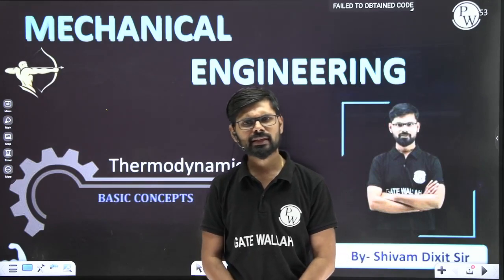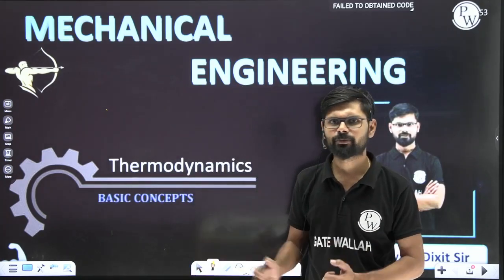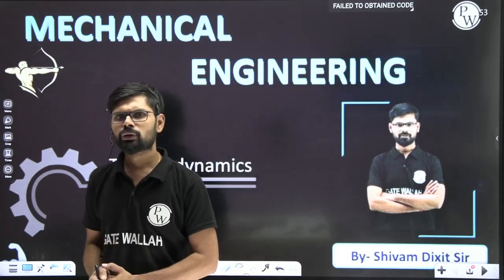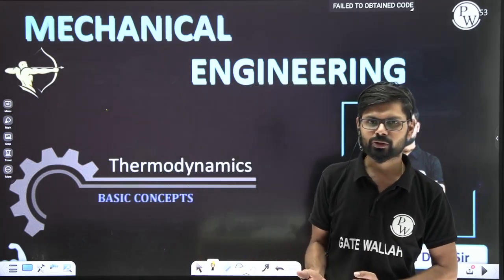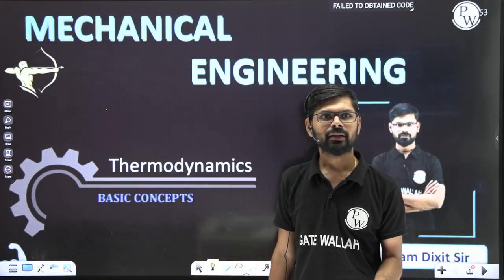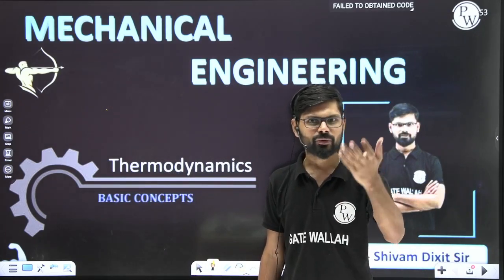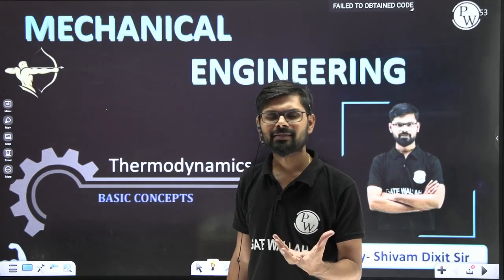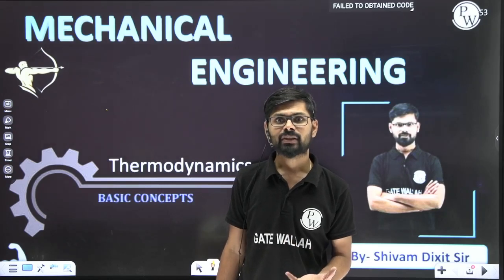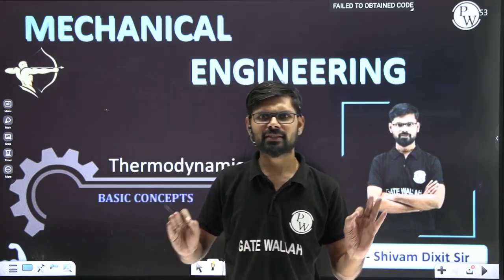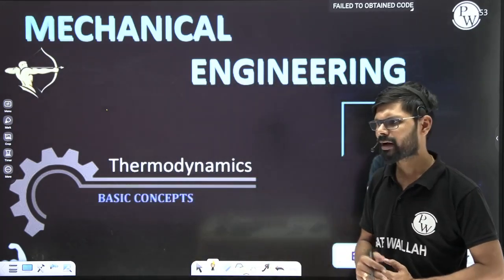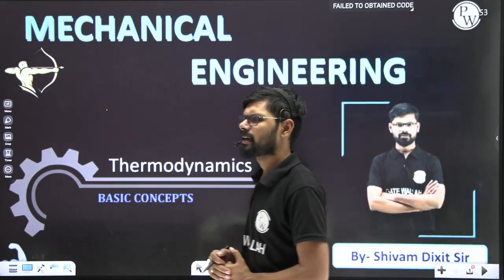In previous lectures, we already completed the basic definition part of basic thermodynamics. Up to now, we had covered what thermodynamics is, how to study it, what method we are going to use to study it, and what the condition is to use that. The concept of continuum we discussed. And after that, what is system, surrounding, boundary, thermodynamic properties, process, state, cycle, and thermodynamic equilibrium. Each and everything we discussed in a much detailed manner, and I'm hoping that you have already covered those things and you understand each and every concept in a detailed way.